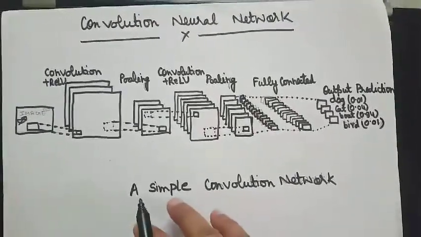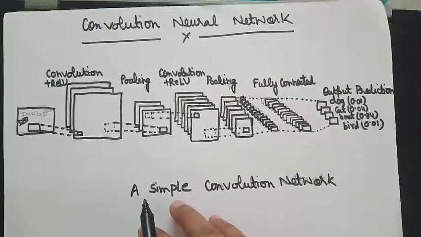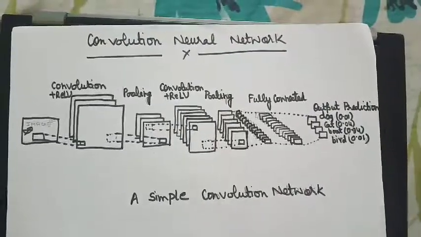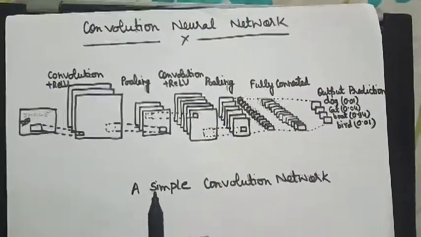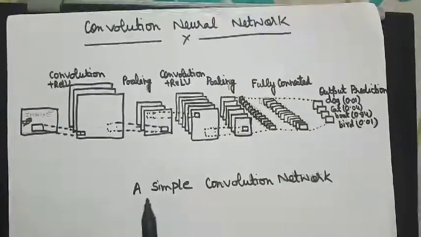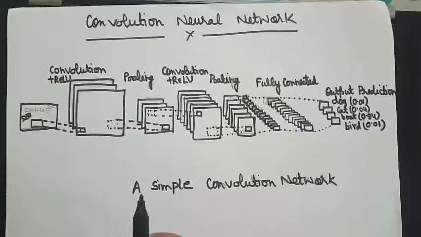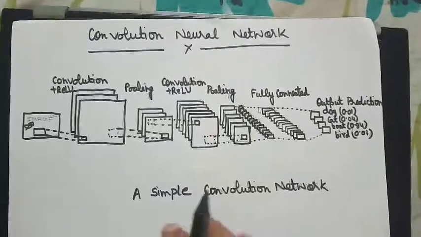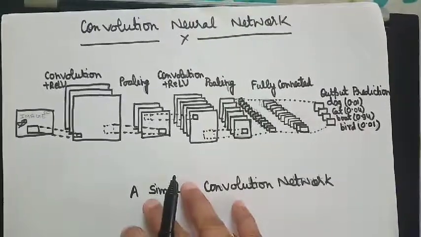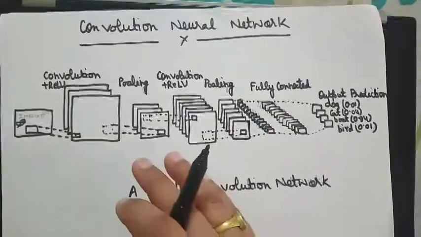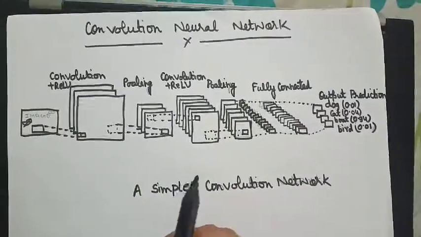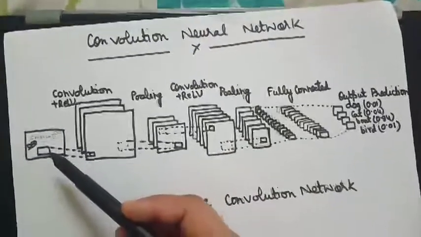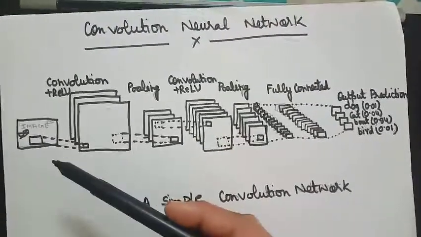CNNs are a category of neural network. Convolutional networks have been successfully used in identifying faces, self-driving cars, speech recognition, image processing, computer vision, and machine translation; these are some areas in which convolutional neural networks work efficiently. In the convolution operation, the objective is to extract high level features such as edges from the input image. If this is our image, we try to fetch the different edges of the object.